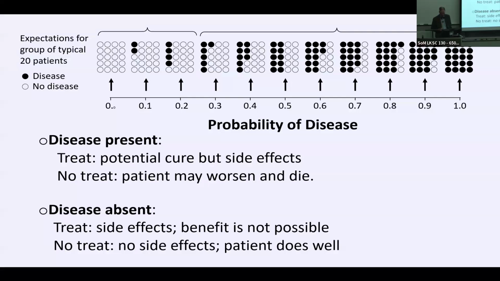And that for people who have the disease, or for people who are treated, their treatment is weighted by their probability of disease. And if people don't have the target condition, their outcomes are weighted by